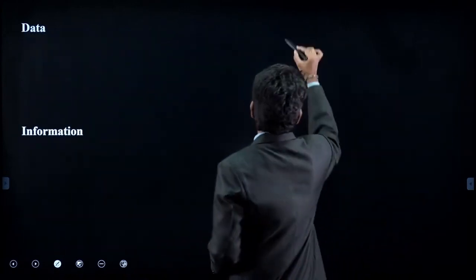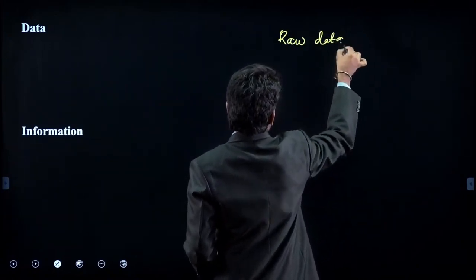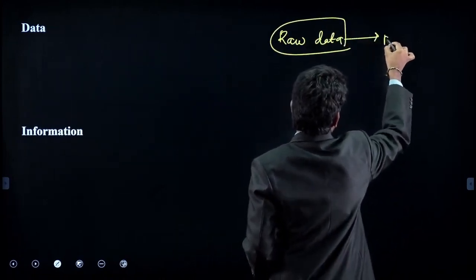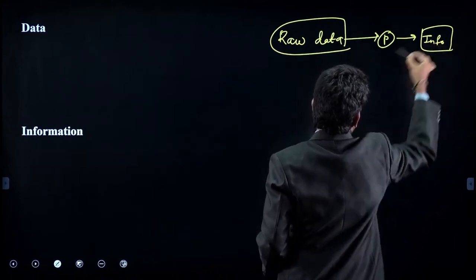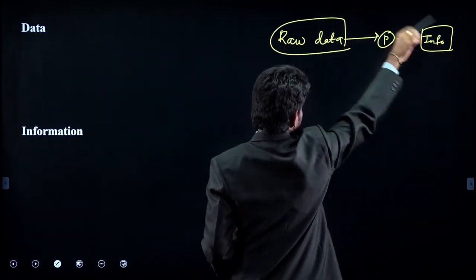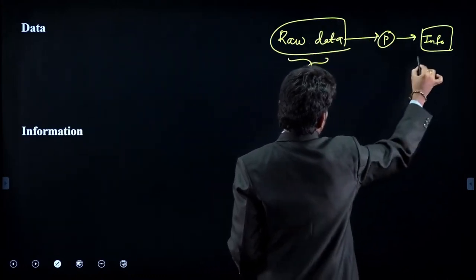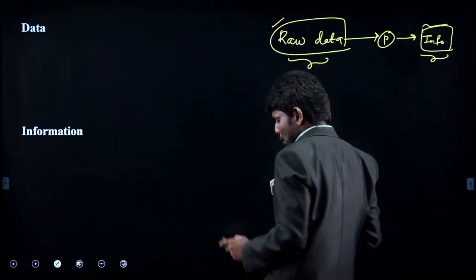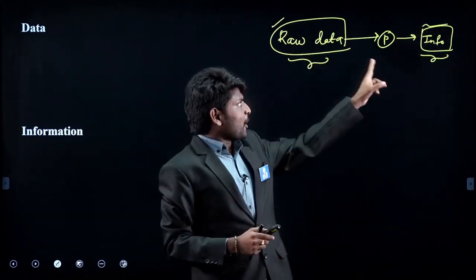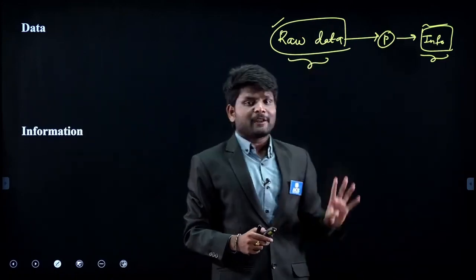Fine? Then, as I already told you, what was the point I was telling you while solving the questions? We take some raw data and we process it. We create information. This was the definition I was telling you. Now we'll try to understand this process. Now I'll try to give you a glance at what I mean by raw data and what I mean by information. So I'm giving the definition of raw data and information. You understood that after processing, raw data becomes information. But till now I didn't tell you the definition of raw data and the definition of information.